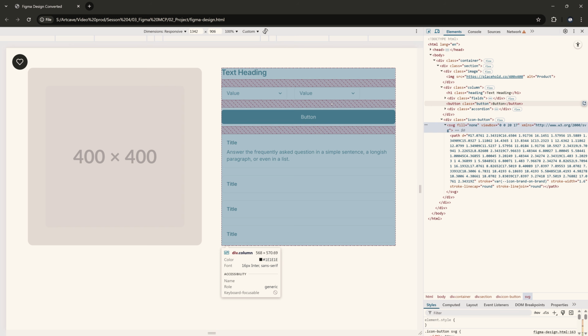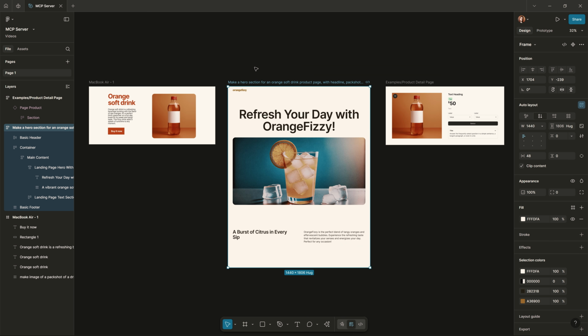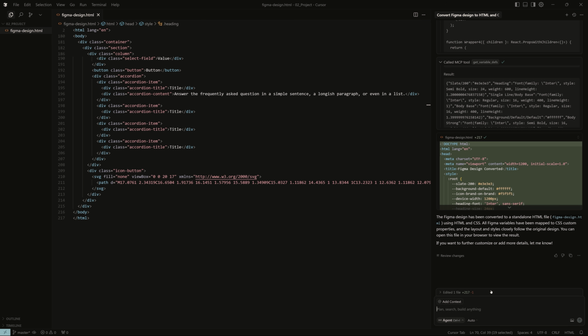I would like to try one more time to do the same thing with the other sections. So I'm going to open the Figma file and then select the second design that we had. And while I'm selecting, I'm going to open the cursor, and here I'm going to say, convert the design that I selected from Figma to code and add it to the HTML page that we have.